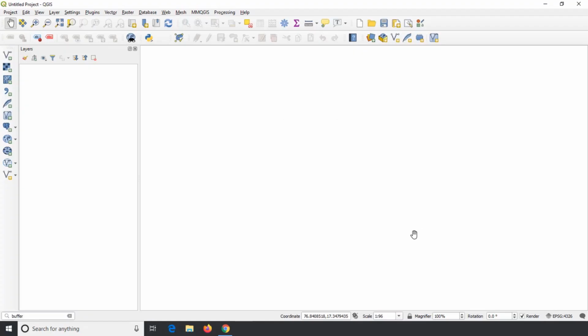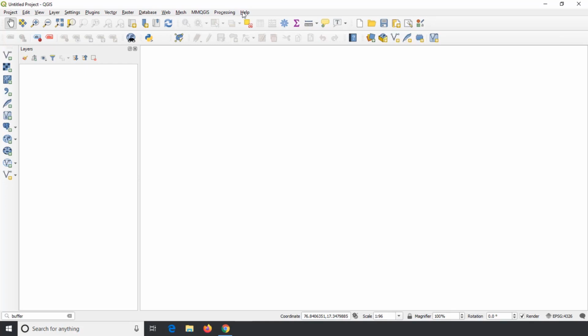The large white space in the middle of the software is called canvas, where we will create, edit, and visualize data. The small window on the left hand side is called layer panel, in which data added into the software will be arranged. On the left top of the software, we can see the name of the file and name of the software. As we have not saved this project yet, it shows as untitled project. If we have saved this earlier with a specific name, the saved name will be displayed here.